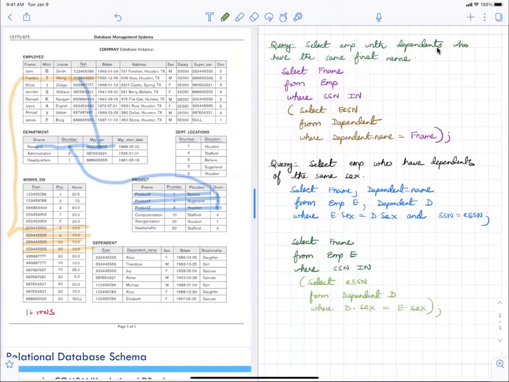Okay, so this will give you the same output. We are picking up employees whose dependents are of the same sex. But if you look at this output, the earlier one, I wrote first name and dependent name, but here I only wrote down first name.